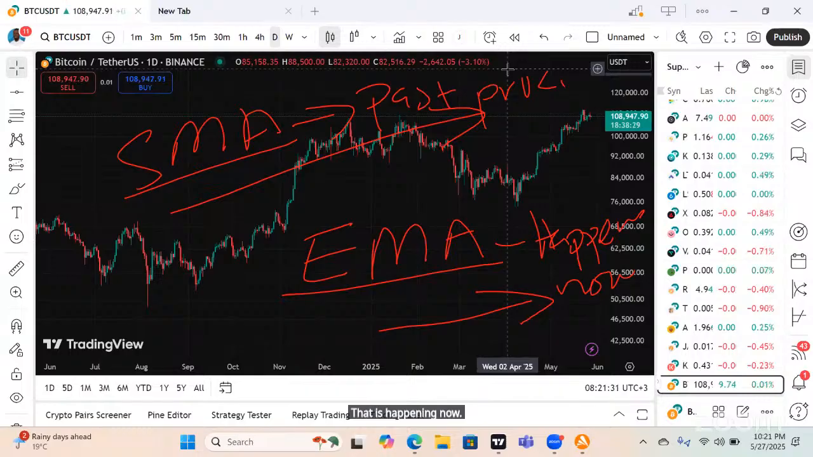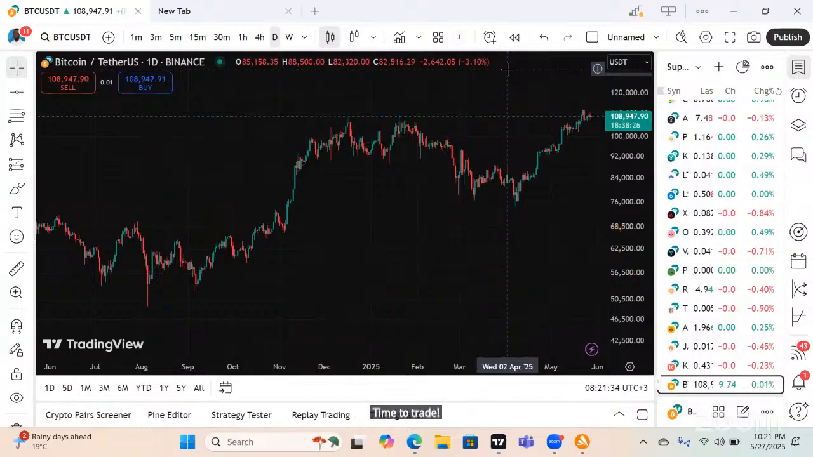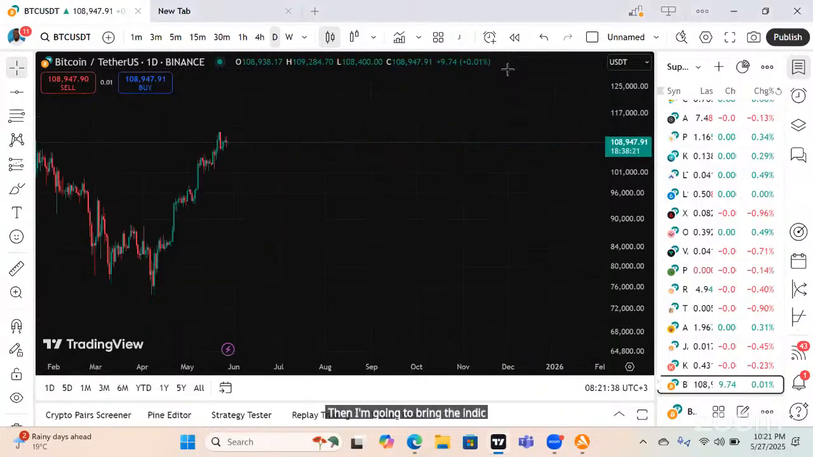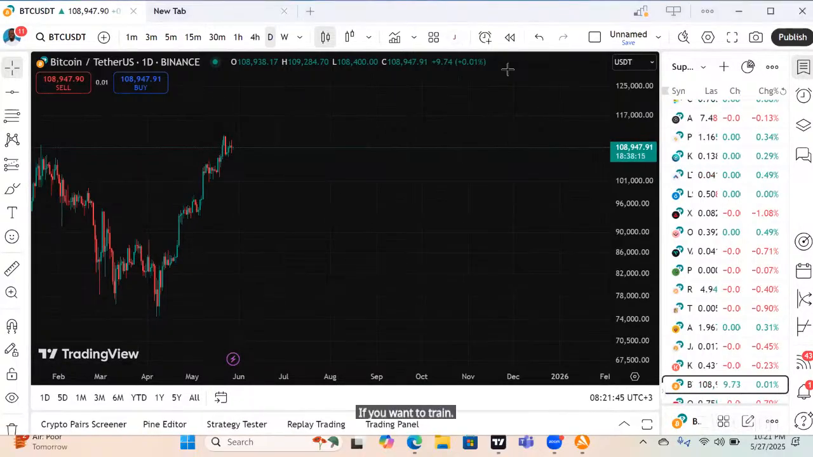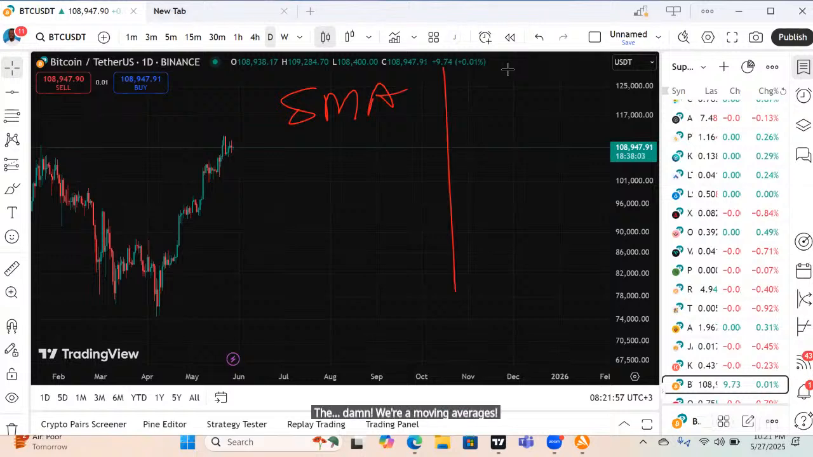And to trade, now I'm teaching. Then I'm going to bring the indicators in the chart and I finish the class. If you want to trade, understand that the simple moving averages and the exponential moving averages